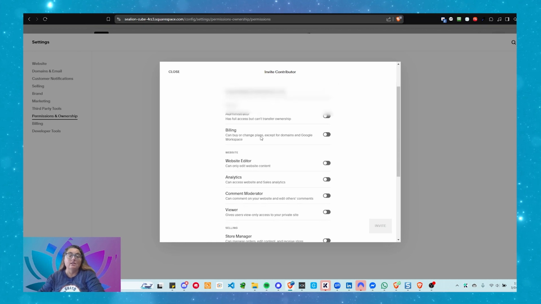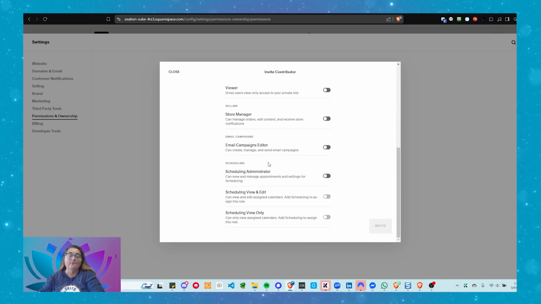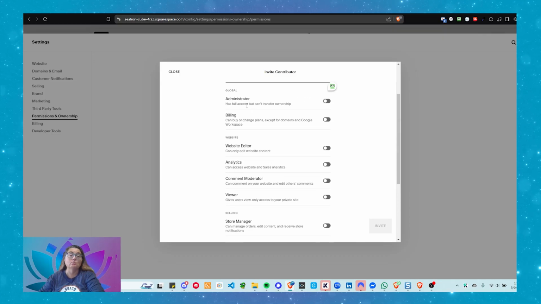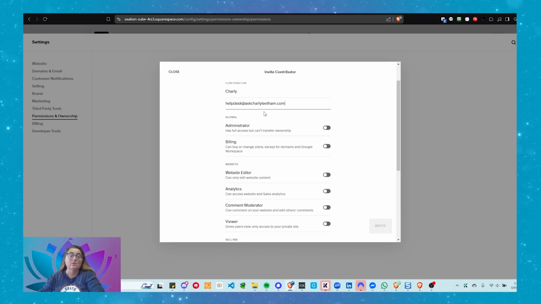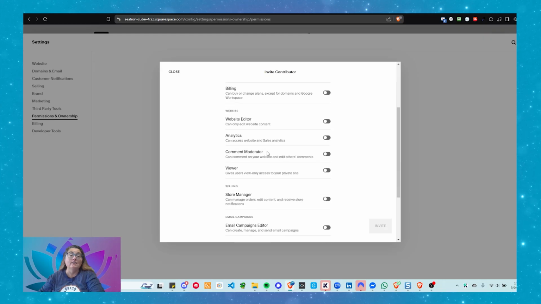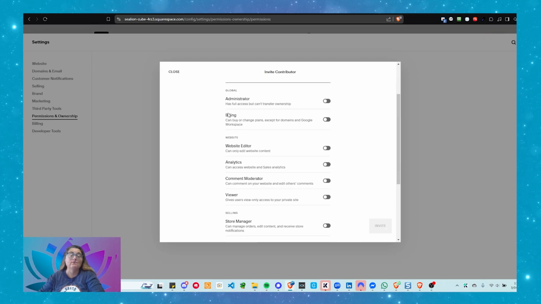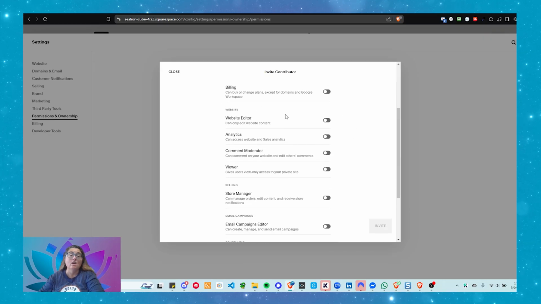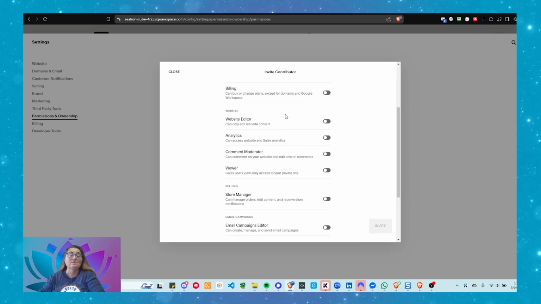Now, once you've done that, you've got all these options that you can invite people to do. So let's go through the options. One is administrator. They have full access, but they can't transfer ownership. We will come down to transferring ownership on a later video, actually. Billing, they can buy or change plans except for domains and Google Workspace. Now, these two you should be very careful about giving people access to. If you just want someone to come in and make changes to the text and such, website editor, they can edit the website